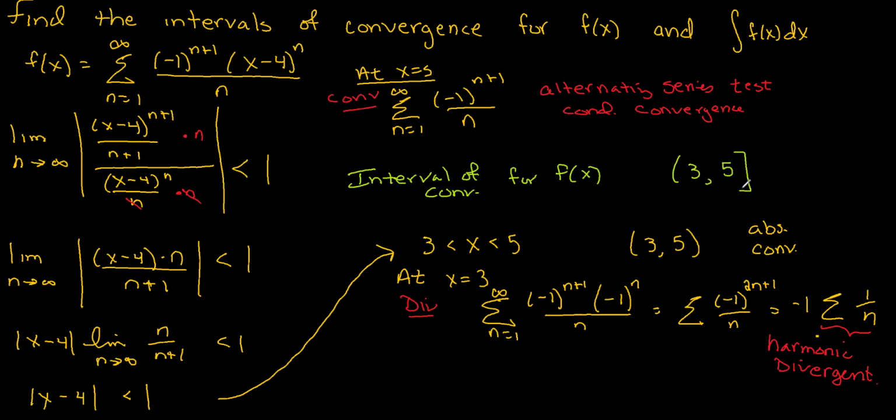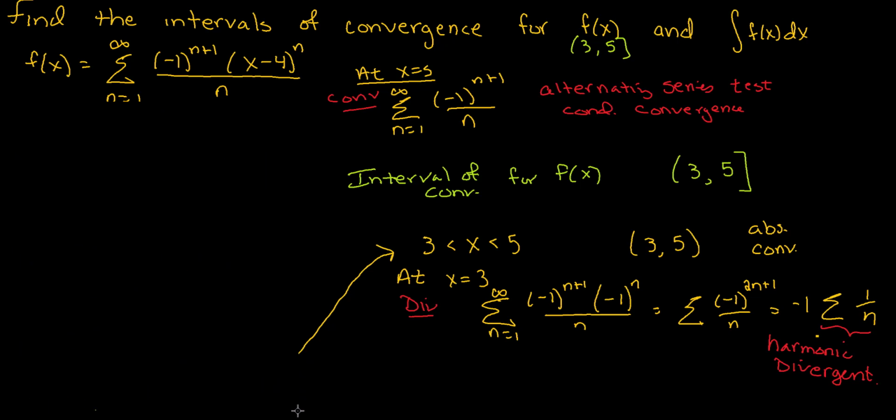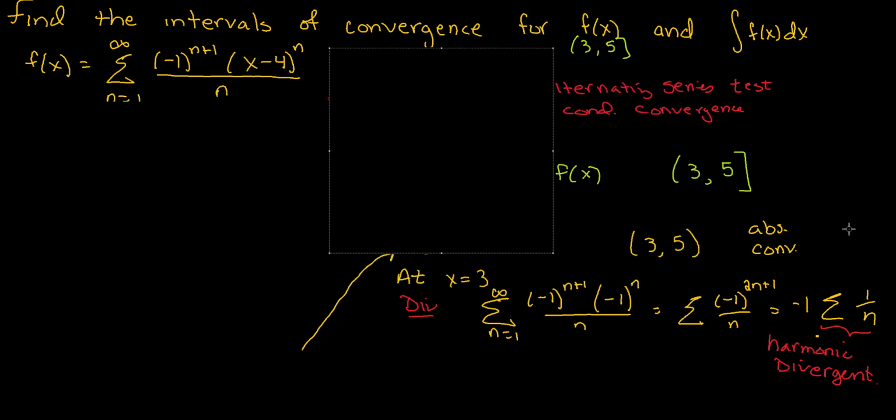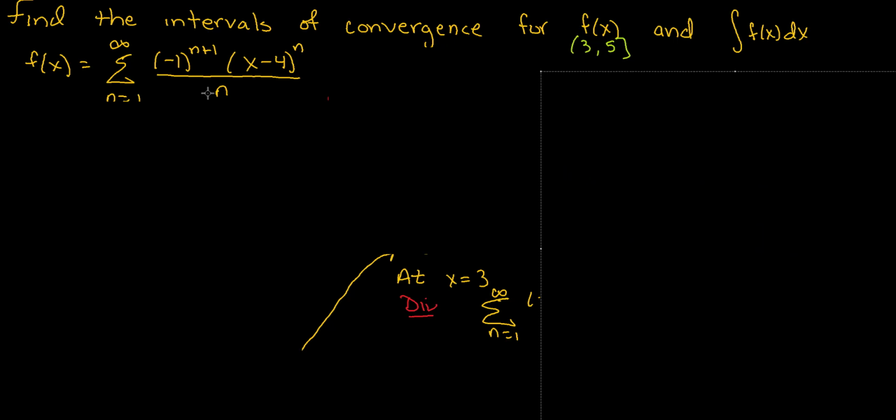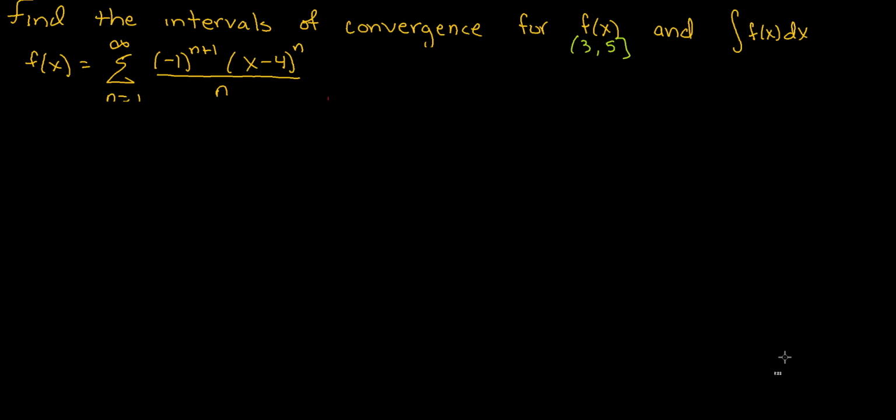Okay, so we did the first part here, which was 3 square bracket 5. We now need to look at the integral of f of x. So let's do that. Now, what's lovely about these series is that both the series and its integral converge on the same interval. So let's write that down for a second. So, oops, that's not what I wanted. I wanted this. The integral of f of x and f of x have